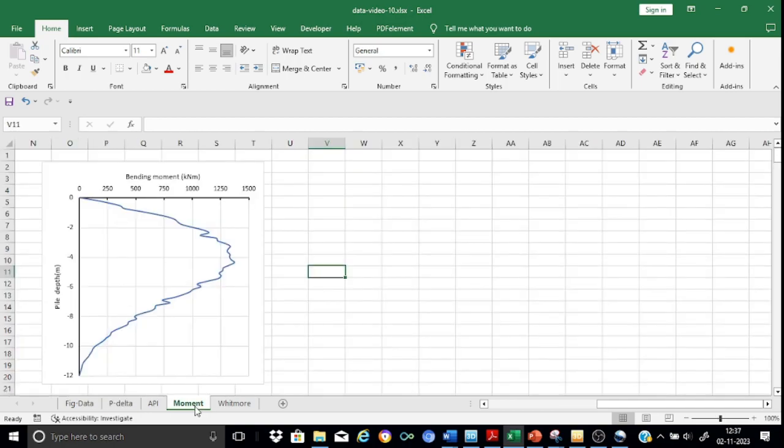Now going to the pile moment, you can see it is a moment diagram that I have extracted from the beam. Obviously, you will find some kind of localized push-ups over here. As you can see, there's a pile depth. This plots the variation of the moment across the pile depth. You can see that the coordinate varies from 0 to minus 12, and we observe a maximum bending moment of approximately 1400 kilonewton meter. This happens at a depth of approximately